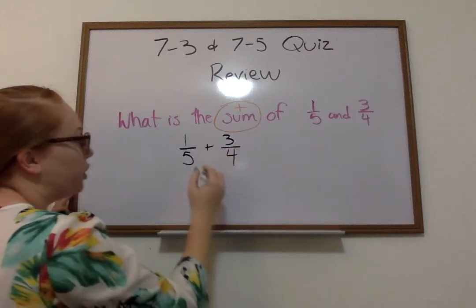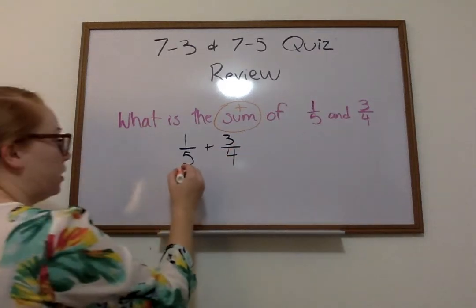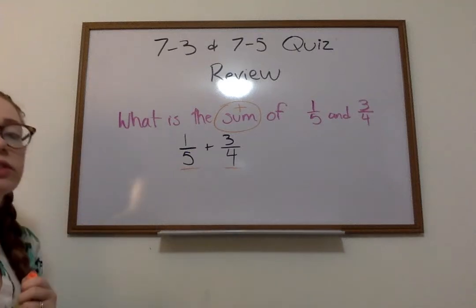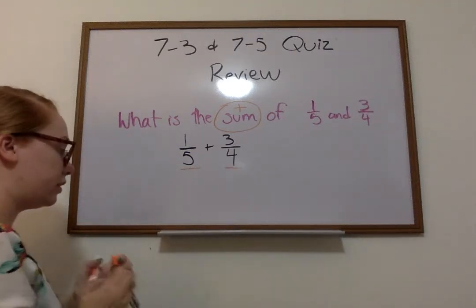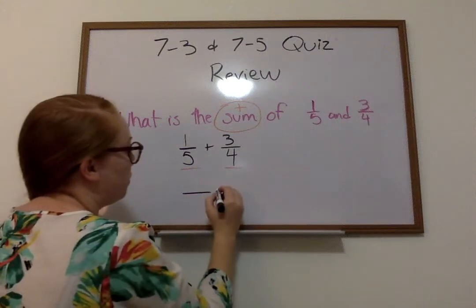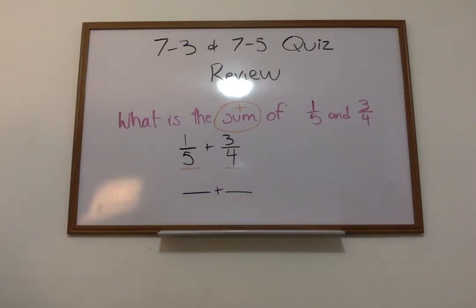And the first thing we should notice is that, oh man, our denominators are not the same. If we ever want to add or subtract fractions, our denominators have to be the same. But this time we have a 5 and a 4. Not good. So we need to go ahead and figure out what our lowest common denominator between 5 and 4